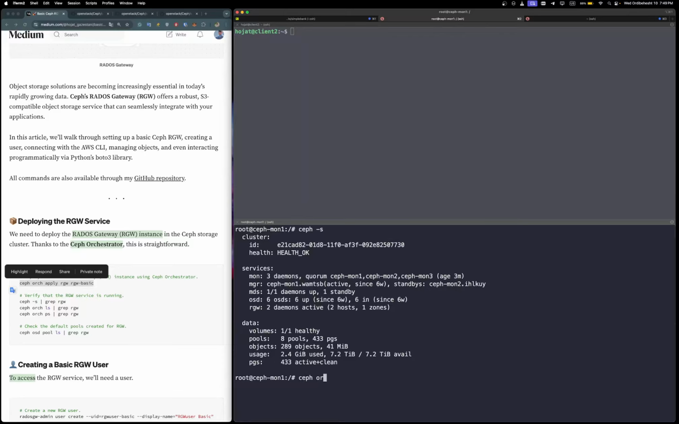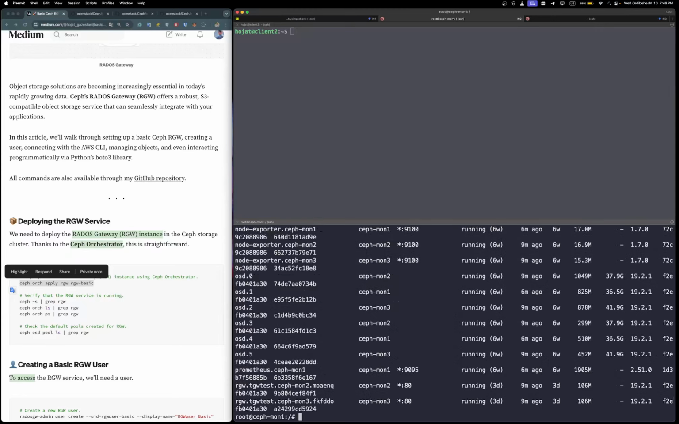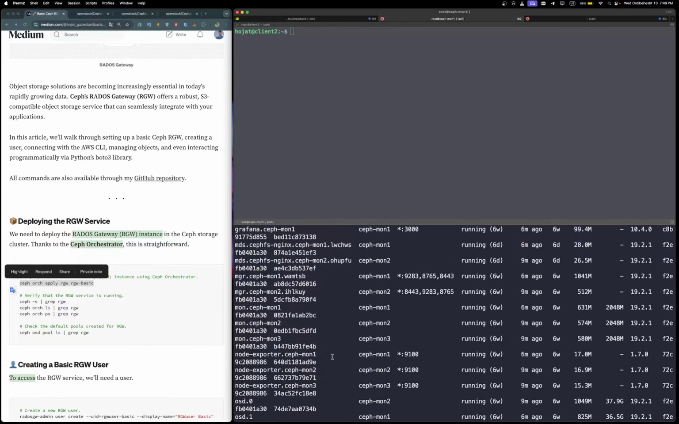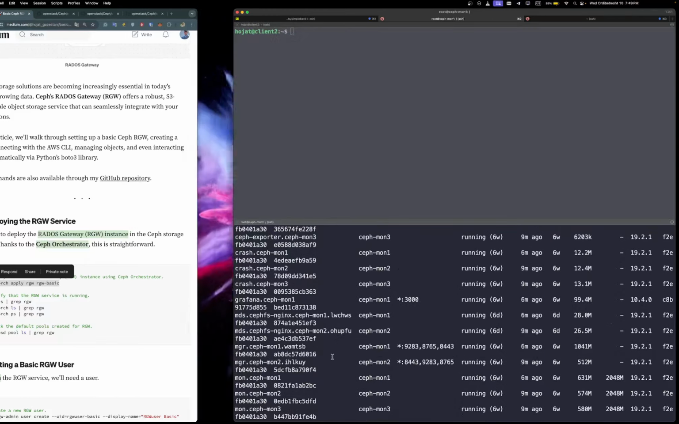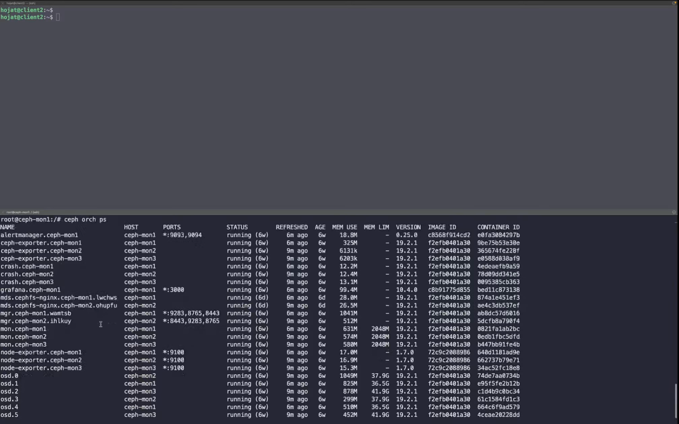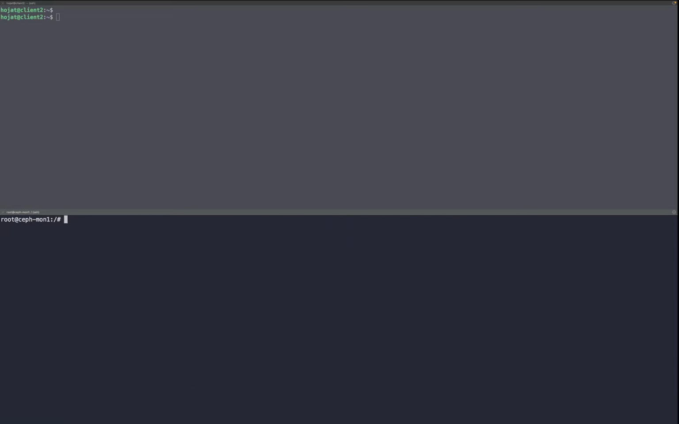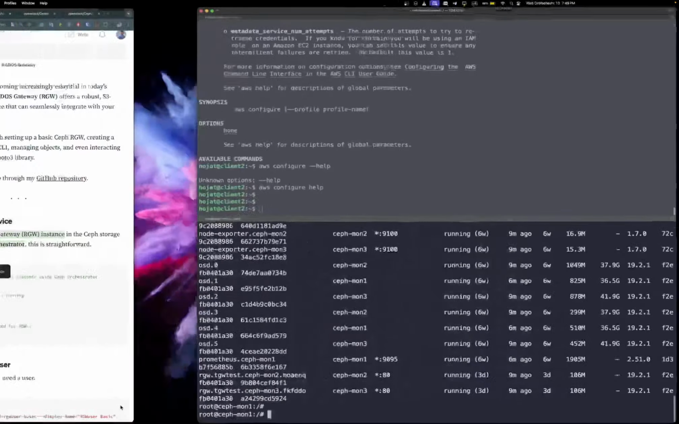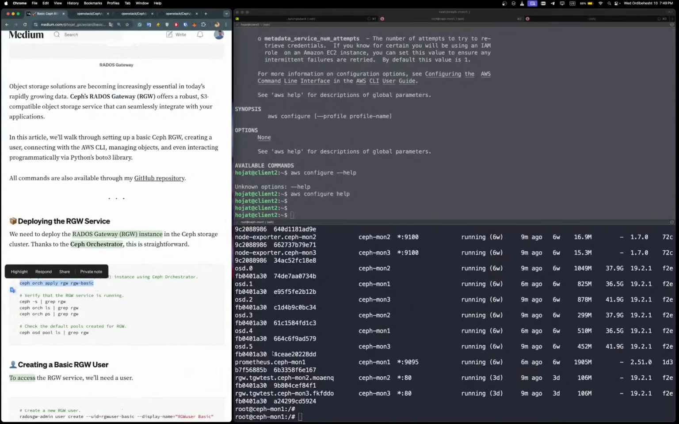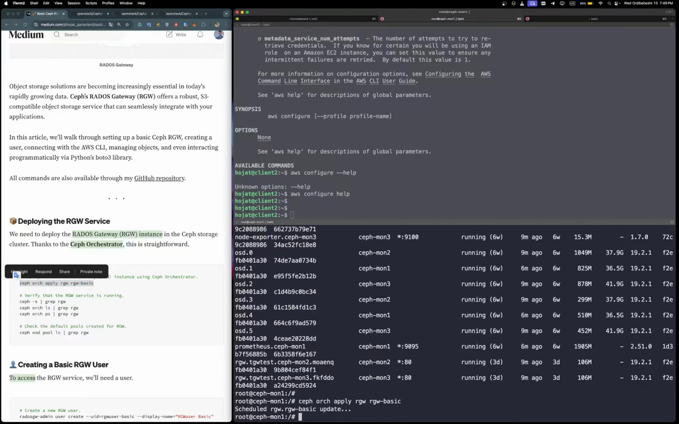Ceph orch. Yes, you can see, I have a RADOS Gateway already running, but let's continue creating another one. Okay, I will create a RADOS Gateway, and if I look at